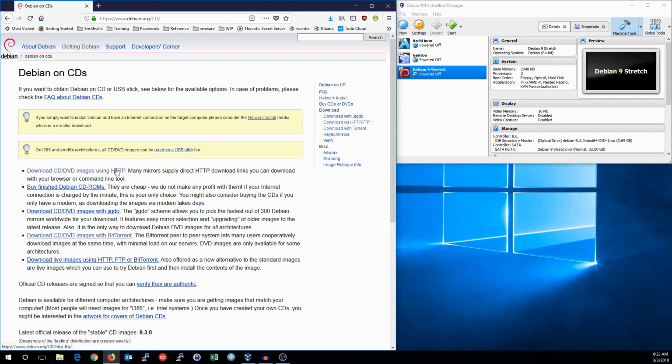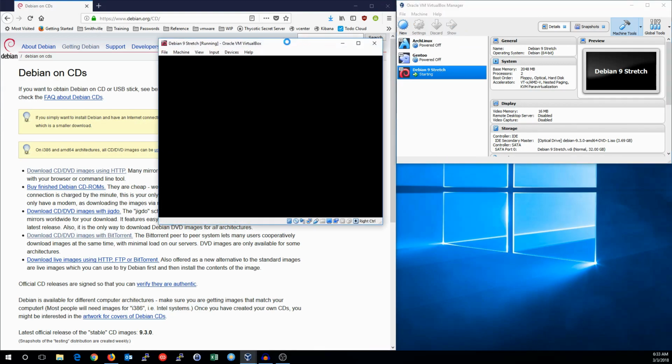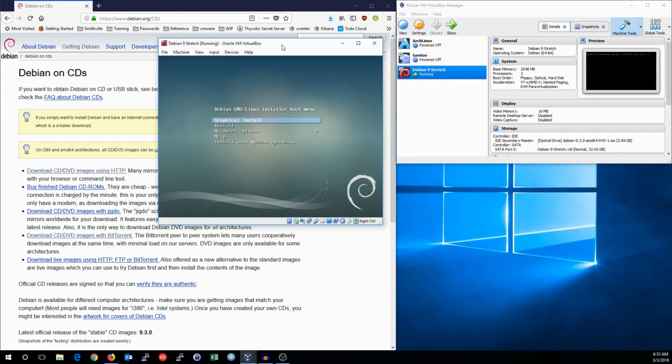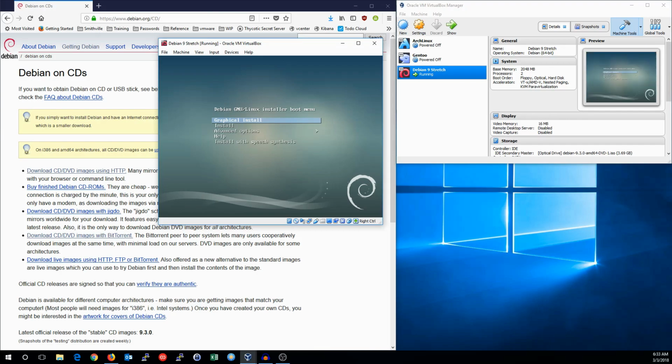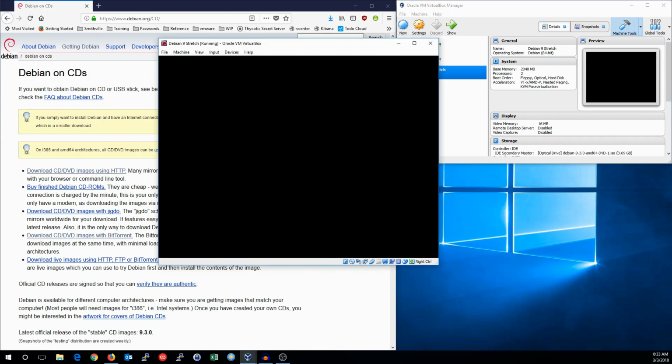I already have the full DVD install image of Debian Stretch 9.3, so let's go ahead and see how we install that. I'm going to be using VirtualBox for this. When you boot up your machine, it's going to start the installer boot menu. You can select Graphical Install,